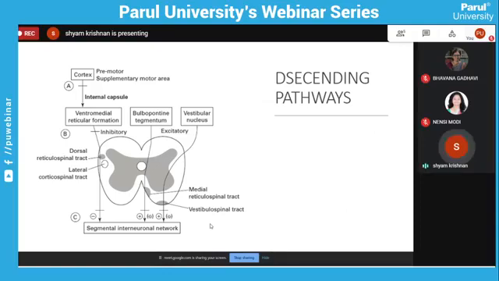What you need to know is that normal tone is basically a balanced activity of the input of the dorsal reticulospinal tract and the bulbopontine and vestibular nucleus into the gamma motor neuron activity, and that is what normal tone is. So any mechanism which can affect one or all three, or cause an imbalance between the distribution of these activities, is going to manifest as an abnormality of tone. That's what you need to understand.